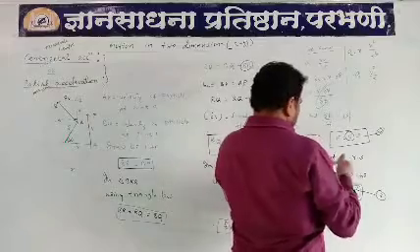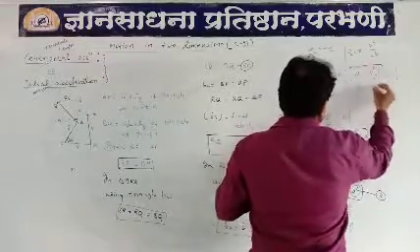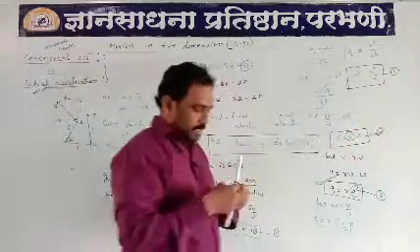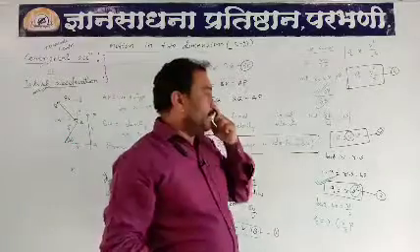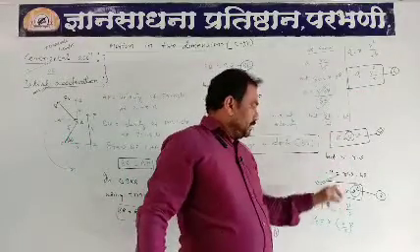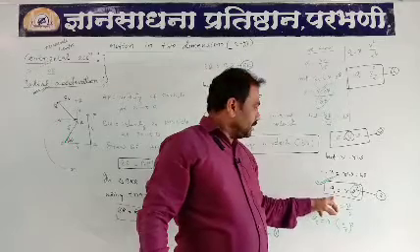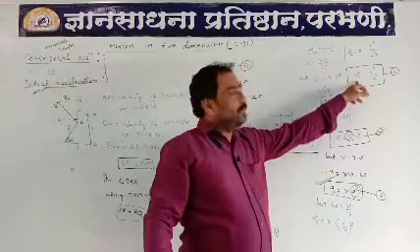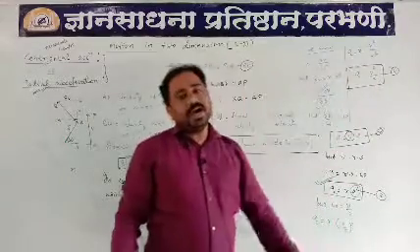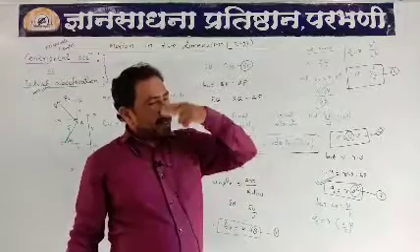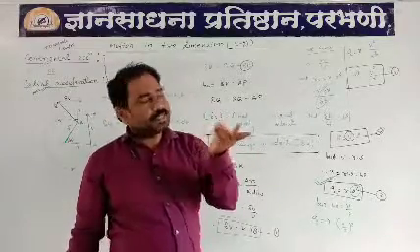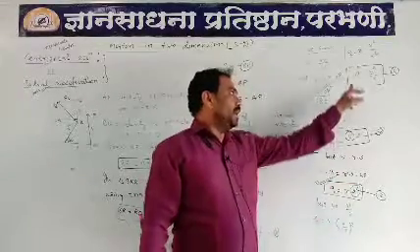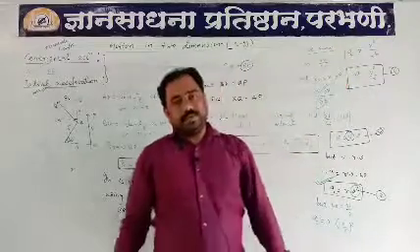So now we have two magnitudes of centripetal acceleration: the third equation and the fourth equation. In the third equation, the magnitude of centripetal acceleration is r omega square, and in the fourth equation it is v square by r. So you should remember that to calculate centripetal or radial acceleration, you should know these two magnitudes: AC is equal to r omega square and AC is equal to v square by r.